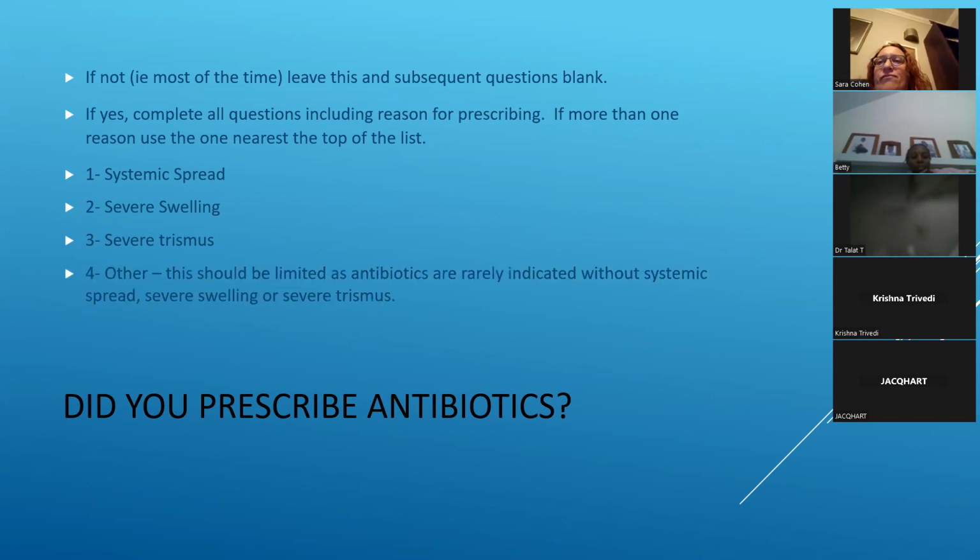This should be limited because antibiotics are rarely indicated without systemic spread, unless you read today's Guardian or this week's Lancet. Has anyone read that yet? Anyone seen it? It's been noted. Okay, we're talking here about the antibiotic cover for infective endocarditis, but we're not talking about antibiotics for everything else, but it is an issue. And that might be a reason you gave antibiotics. You gave them infective endocarditis prophylaxis, told them to come back an hour later.